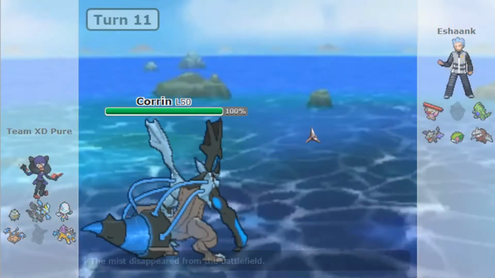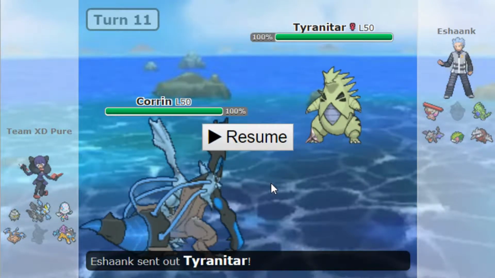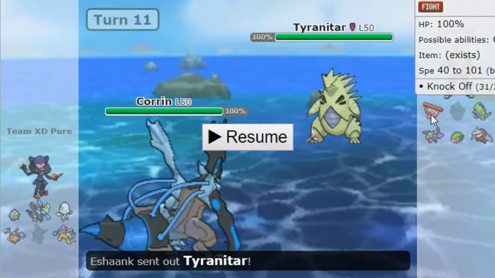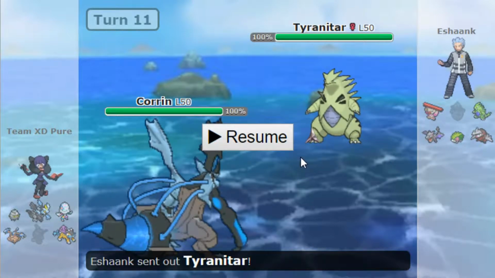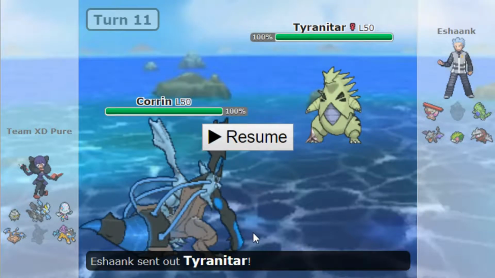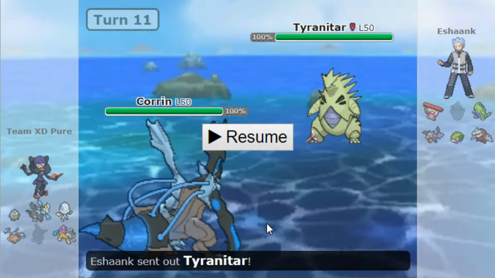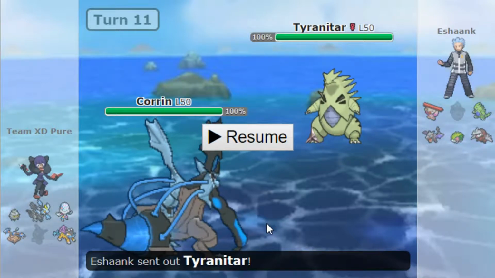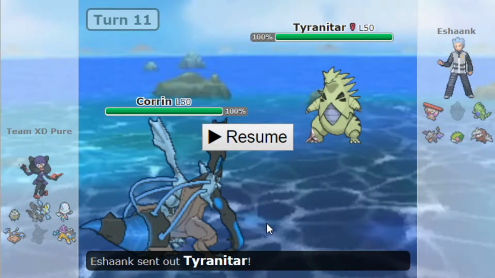So there's that. I talked to him about that play after the game, and he hates himself for that play, because ideally he should have gone into Girder, but I don't really think Girder was the play, because I could have easily speed tied with the Lele and just clicked Specs Ice Beam. I know in prep I ended up bringing Scarf, but I so badly wanted to bring Specs, because he doesn't have an Ice Resist on his entire team, and